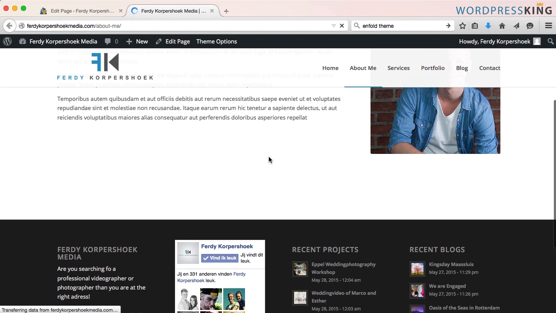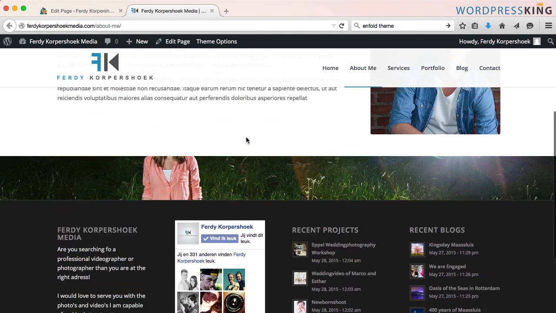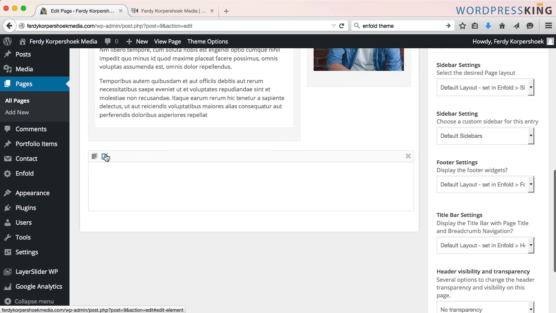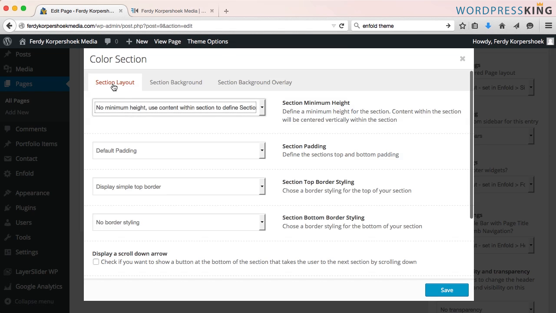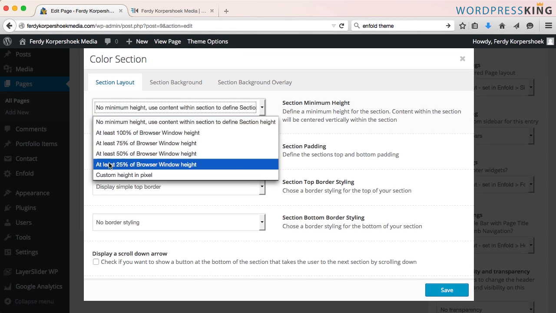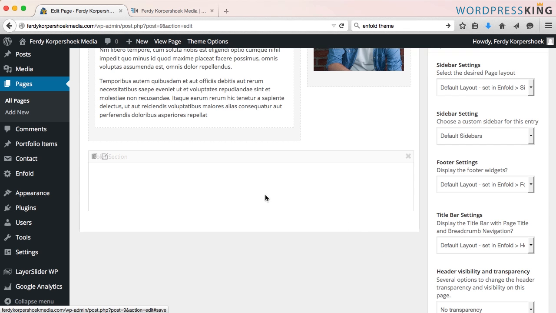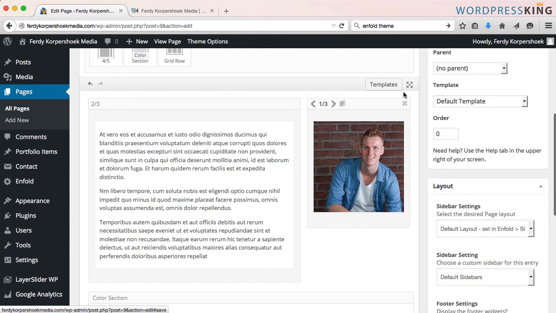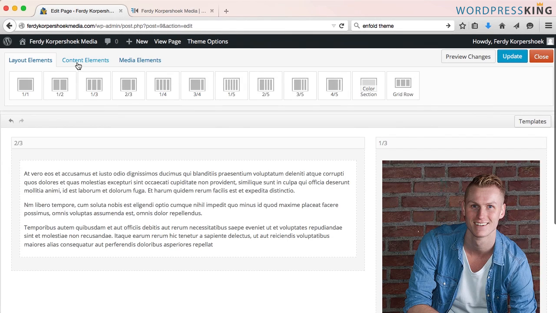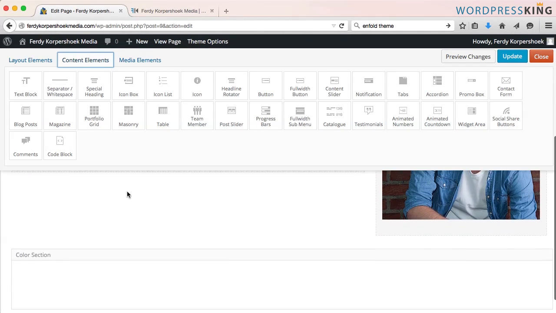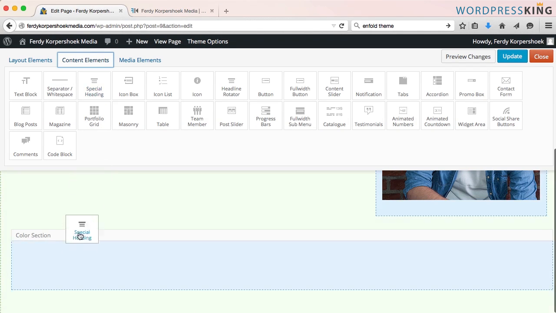And you see nothing yet. A small portion. Go back to Edit, scroll down, click on this icon and go to Section Layout and say Custom Height in Pixels, 400 pixels. Save it and I expand this again, go to Content Elements, and I want to add a special heading in this color